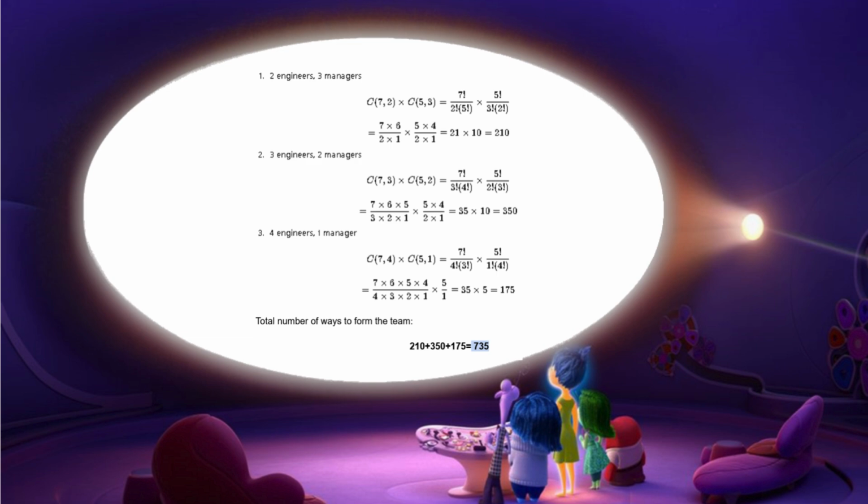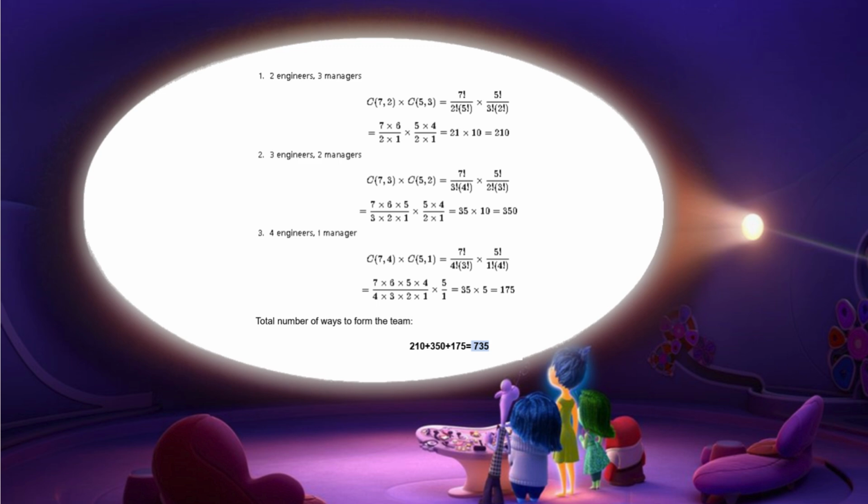Case 3. 4 engineers and 1 manager. 7 choose 4 multiplied by 5 choose 1 is equal to 7 factorial divided by 4 factorial times 7 minus 4 factorial, multiplied by 5 factorial divided by 1 factorial times 5 minus 1 factorial. Expand and cancel. The result would be